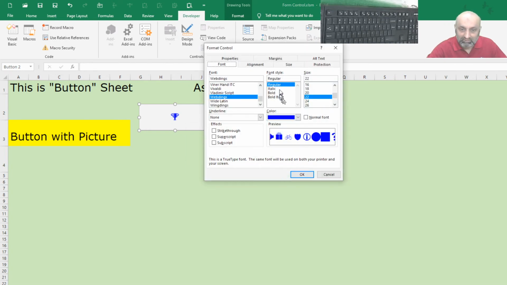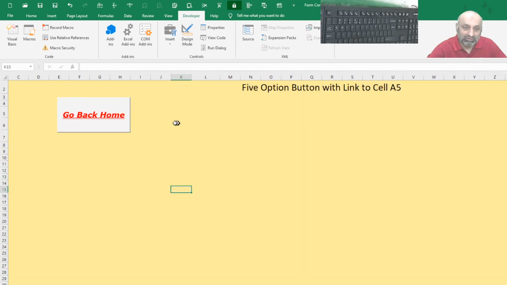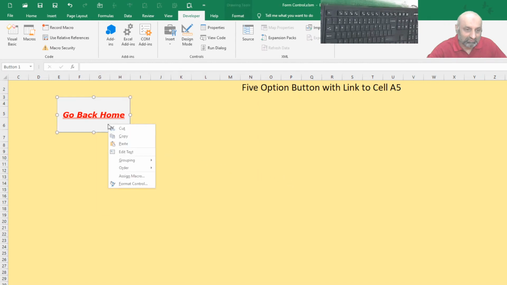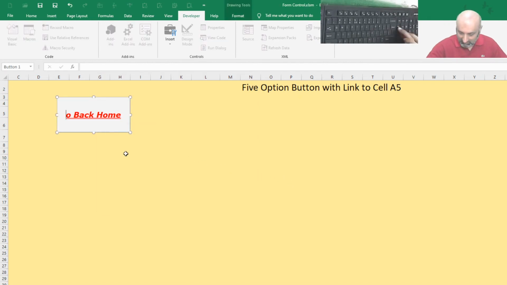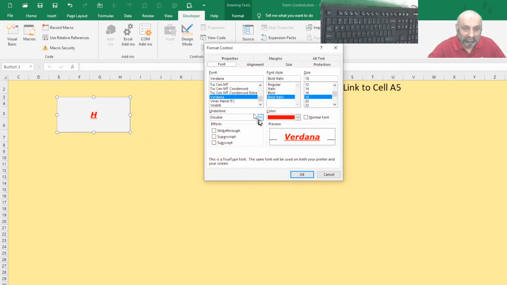Right click, Format Control. Let's make it a bit bigger, say 48, and here is our shape. Click, go to this one. Let's recall our Character Map and give this another icon. Let's say this, the home. I'm selecting this, copying this, and edit text, delete, Control V, it's an H, right click, change your font,